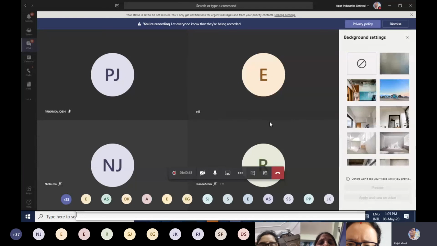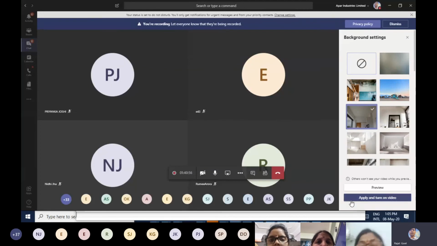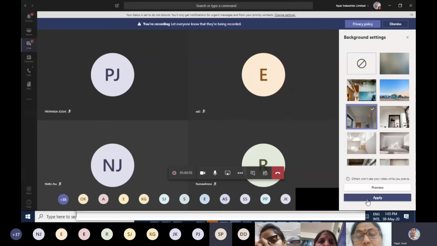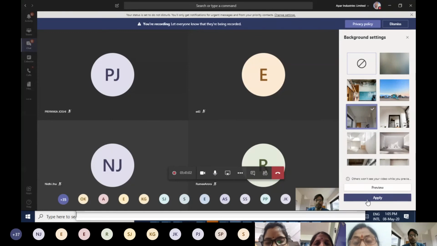So this is available here. You can see that when I click on show background effect, this particular list comes up. This list helps us create a virtual view by protecting the privacy. So here you can see my face now, a bit clumsy, but you cannot see the real background of myself. You cannot see where I am sitting right now. You can see the virtual background which I just applied here. I believe you all can see. Now I am going to change it.